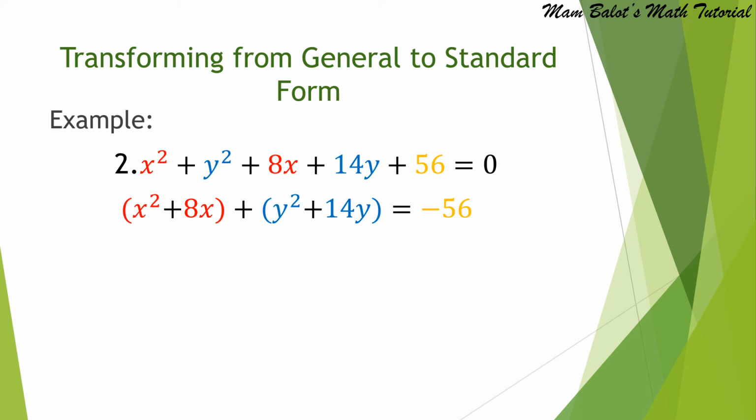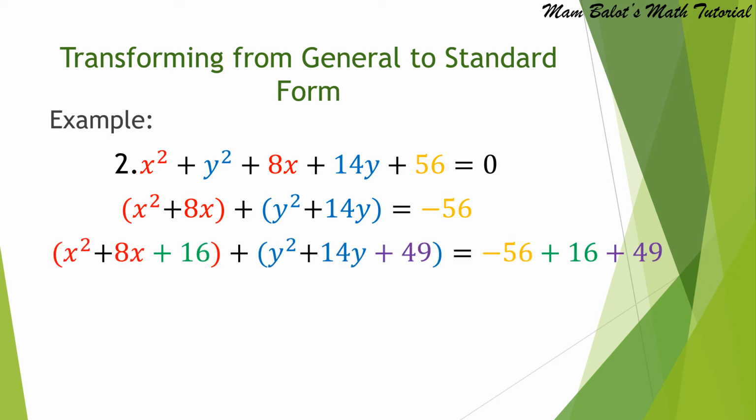Then we complete the square of the binomial, so we have x squared plus 8x plus 16 plus y squared plus 14y plus 49 equals negative 56. Then add again 16 and 49 to the right side to make it equal. Then we factor the perfect square trinomials. So we have x plus 4 squared and y plus 7 squared equal to negative 56 plus 16 plus 49